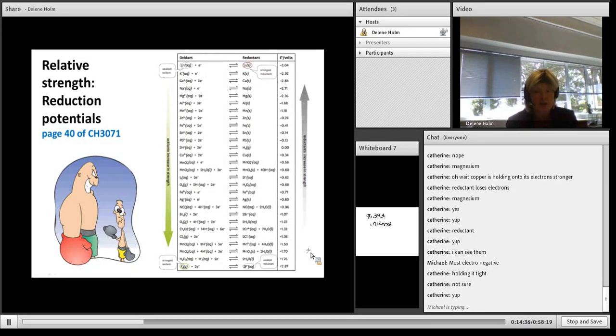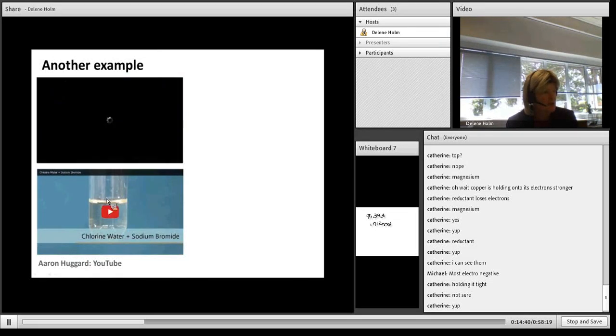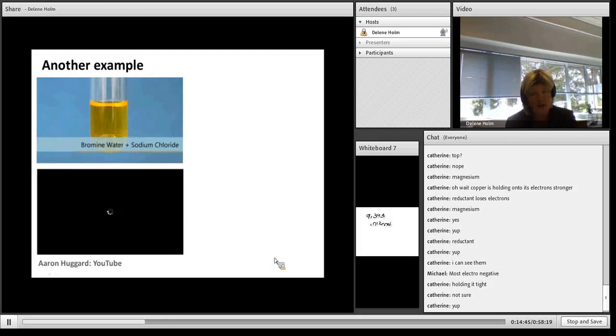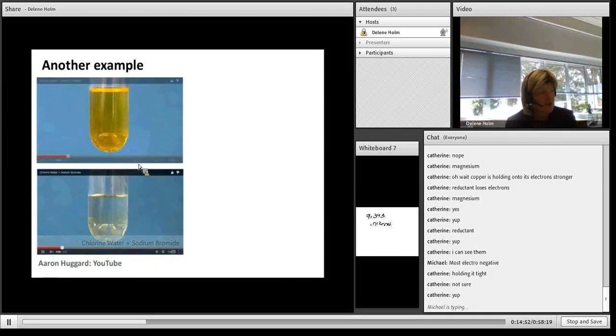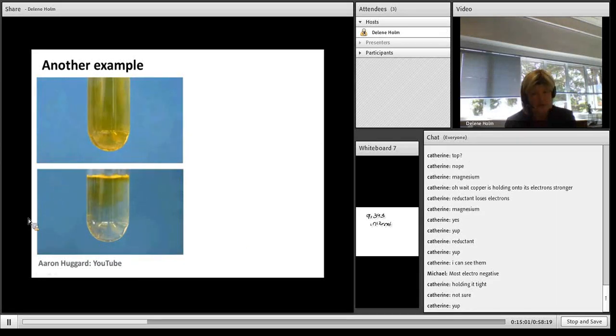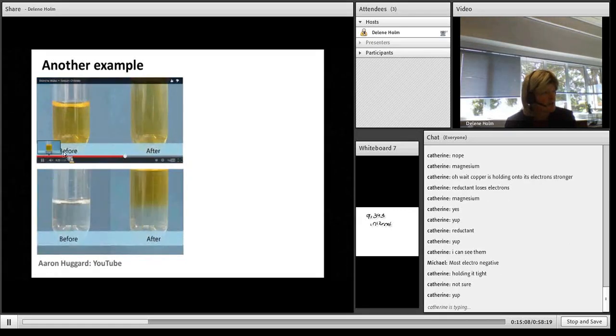So very quickly, let's see how much you know. We've got these two reactions going, and see which one is reacting. So we're adding colorless solutions to both of them. Where is the reaction happening? The top one or the bottom one? And I'm just going to stop these while it's